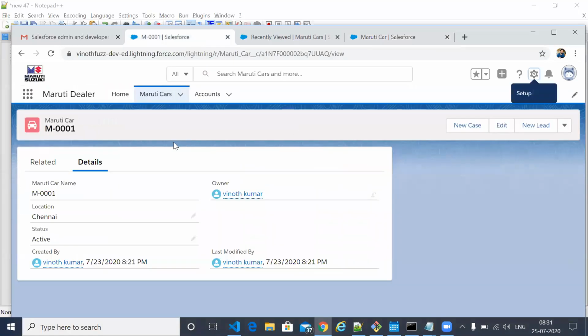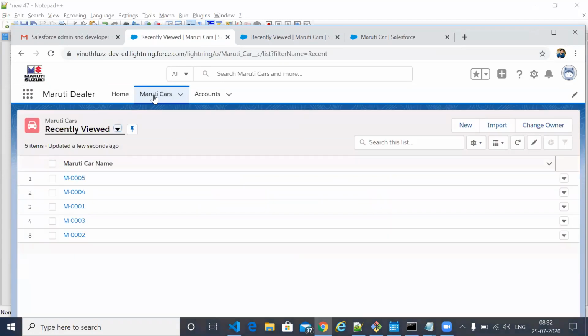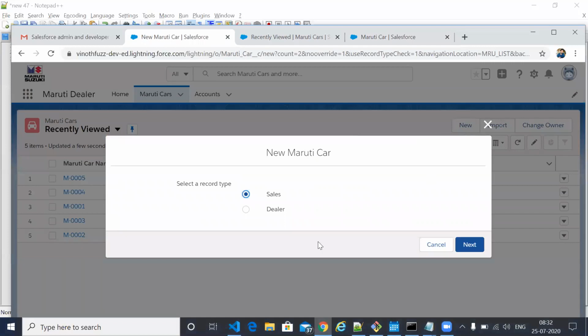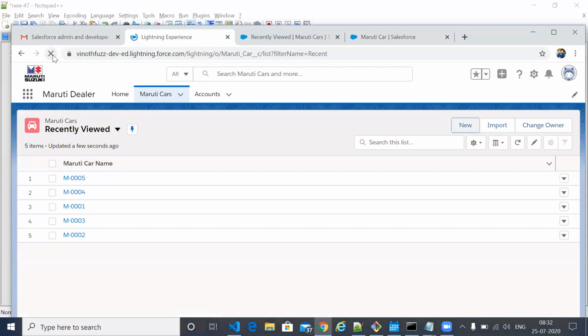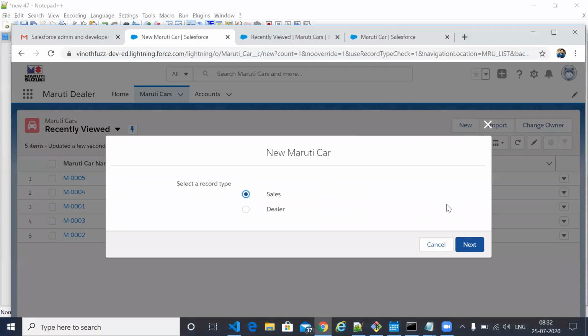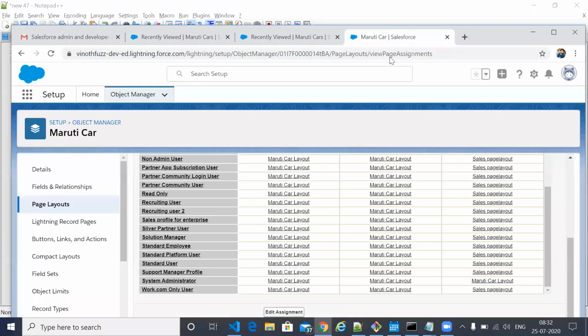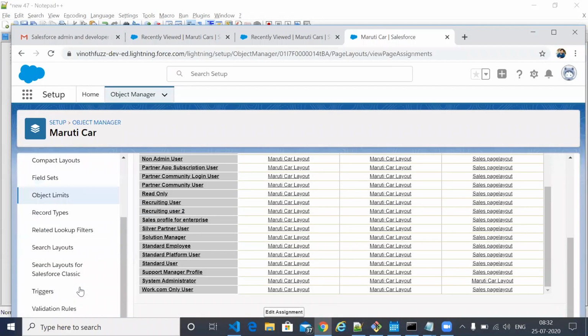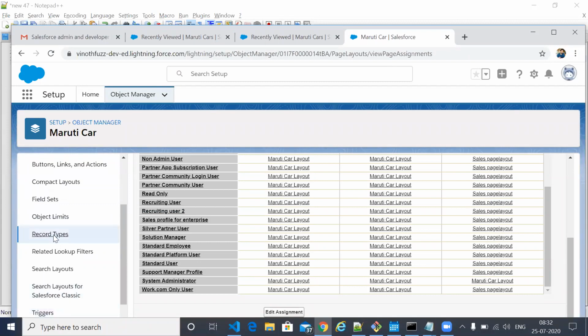So if I go here, I have two more record type accesses. Record types.